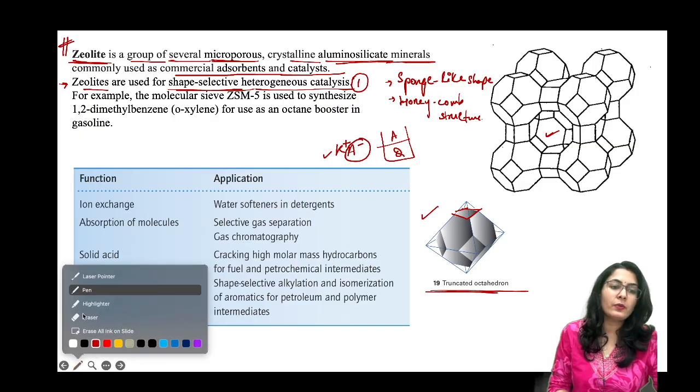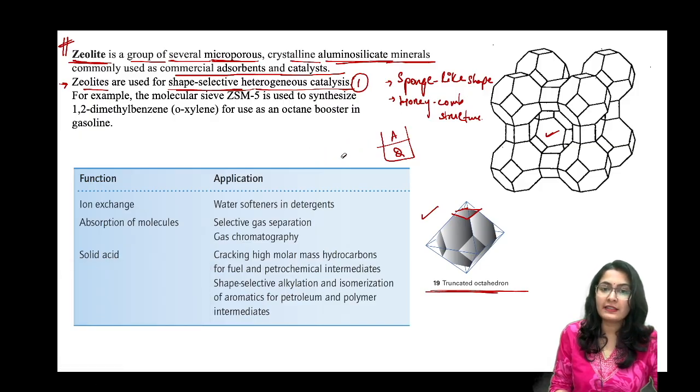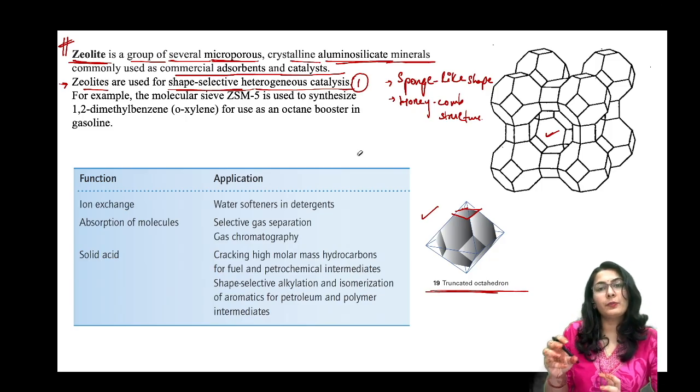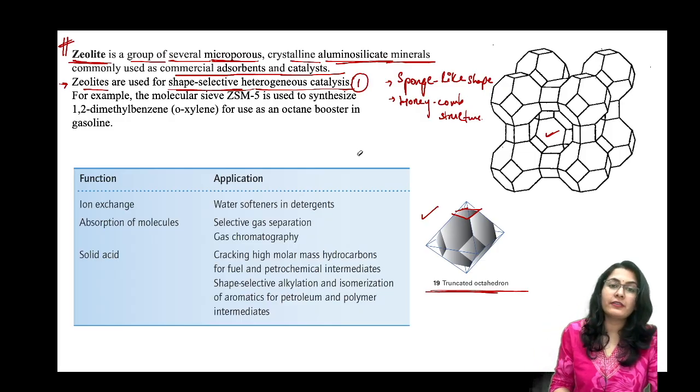So exactly it is going to be. It can help you in phase transfer catalysis and shape selective catalysis. That means only a part of that molecule will fit into the cavity which is having a proper cavity, the same size as the cavity. Okay. For example, the molecular sieve ZSM5 is used to synthesize 1,2-dimethylbenzene, that is xylene, our orthoxylene,